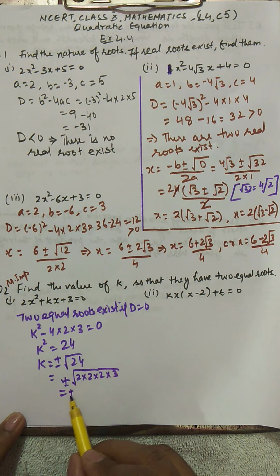Now area is given, you know that area is L into B. So applying this, L into B means x and 2x. So ultimately this is going to be 2x square equals 800. So x square will be 400, 2 will divide 800, and then x will be plus minus under root 400. You know that root 400 is 20. So this is going to be plus minus 20. So there are two values of x, but you know that x cannot be negative because x is representing the length. So it cannot be negative. Therefore x is equal to 20.